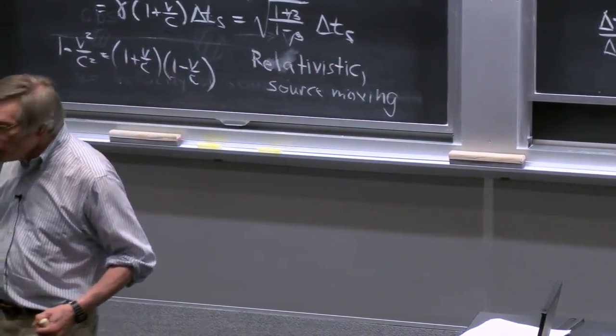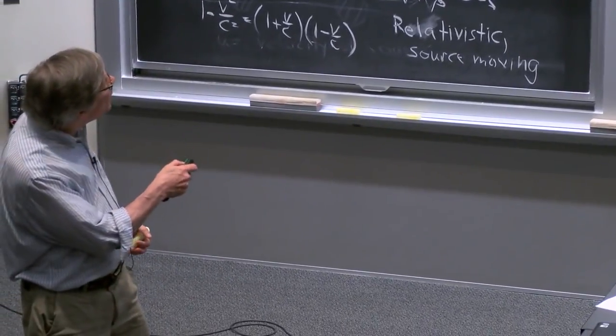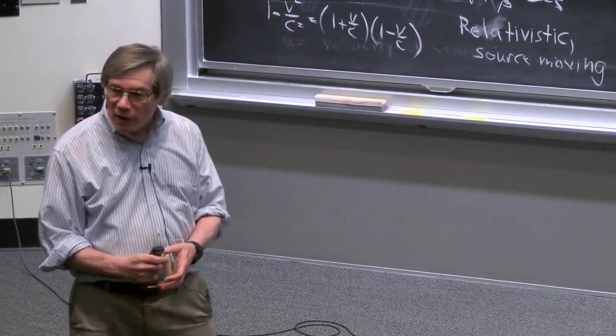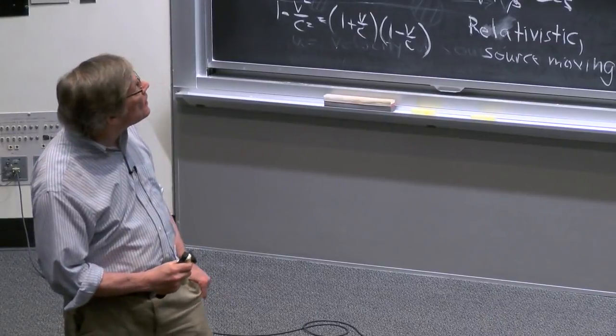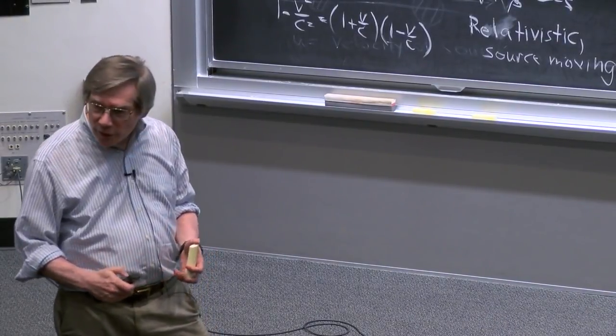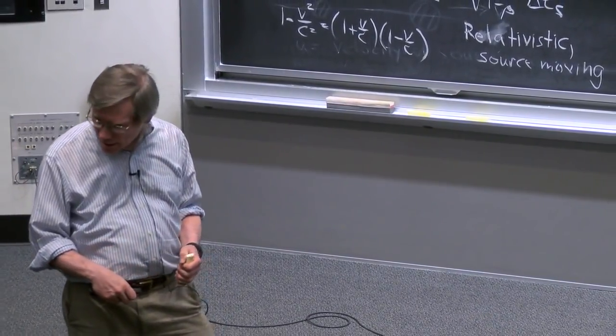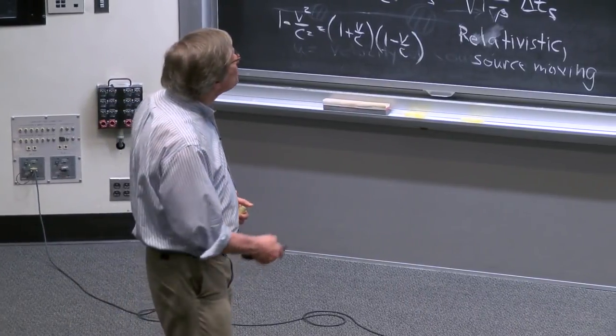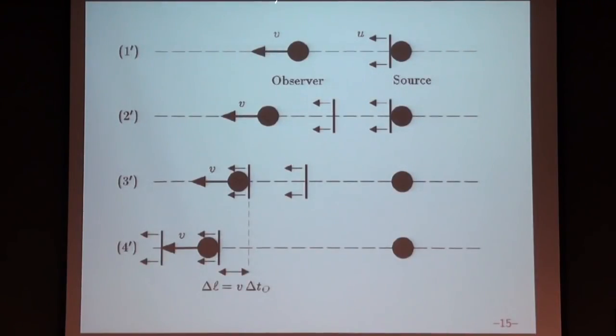Next calculation. Now we're going to do the same calculation again, which we already did for the non-relativistic case. But this time it will be the observer moving, and we're going to try to do the relativistic case. So this time, it's the clock carried by the observer that's running slowly. And remember, this is running slowly relative to us, relative to our frame of reference, where our frame of reference is, by definition, the frame of reference of the slide that we're looking at.